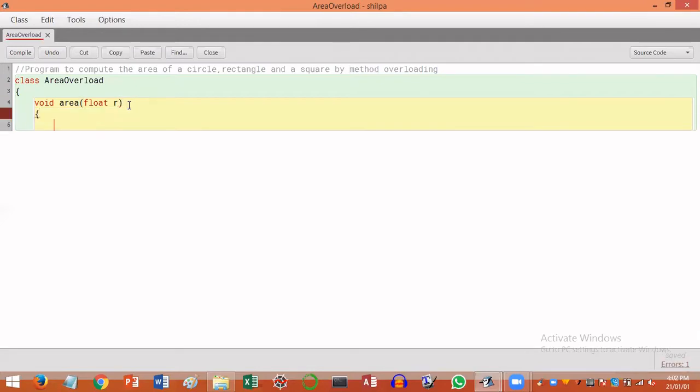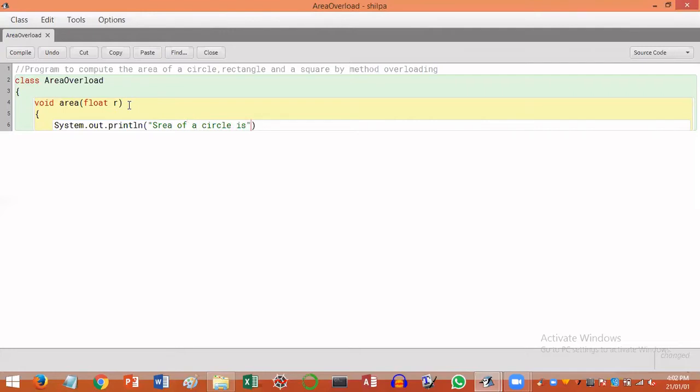Next, here I'll use directly a print statement, system.out.println, to print the area of a circle. Within double quotes, I'll write area of a circle is.